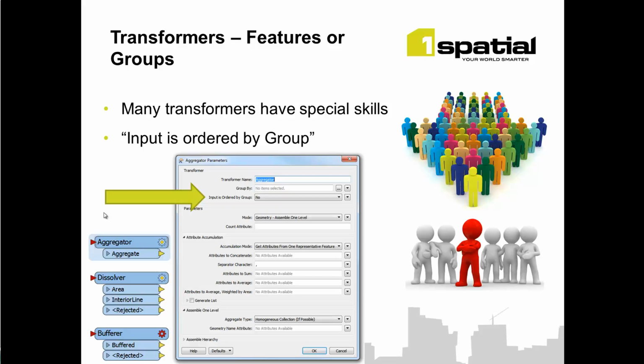I'll put all the ones together, and all the ones can be released as an aggregate multi-part feature. Ideally, what I want to be able to do is say input is ordered by group. So if my source data set contains features in the order of 1, 1, 1, 1, 2, 2, 2, 2, 3, 3, 3, 3, then if I tell this transformer input is ordered by group, it receives